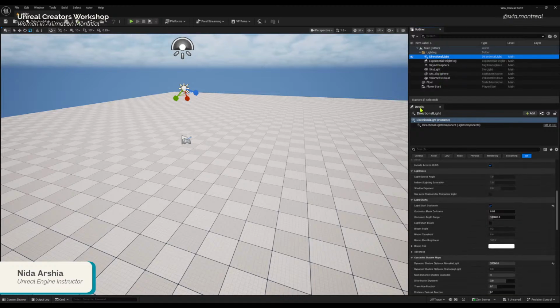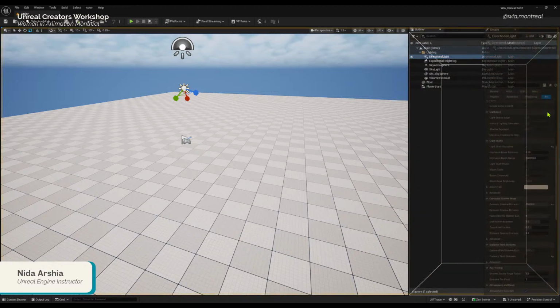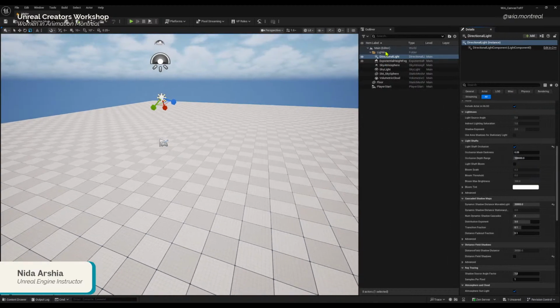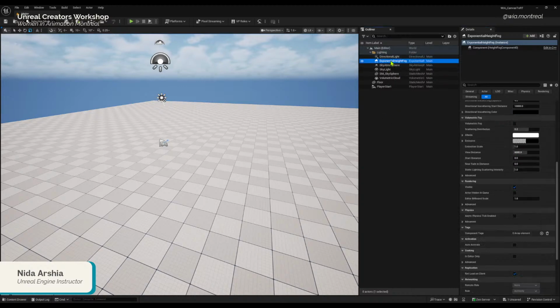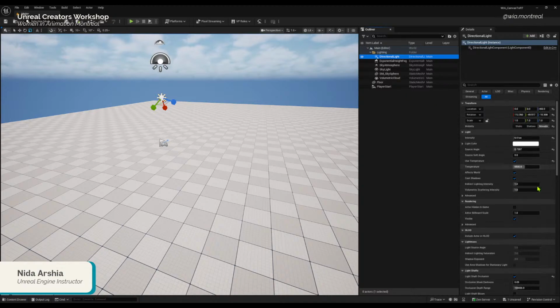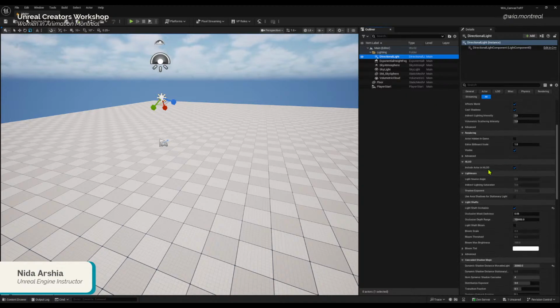And this brings me to the topic of why I keep the layout the way that it was before. I like keeping the details on the side, so it's easier for me to see everything that's in the outliner. Right now we have nothing in the scene, so it's absolutely empty, but I like keeping the details panel on the side, so it's easier for me to look at the attributes of the actors.